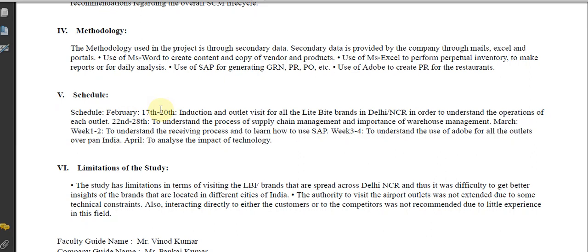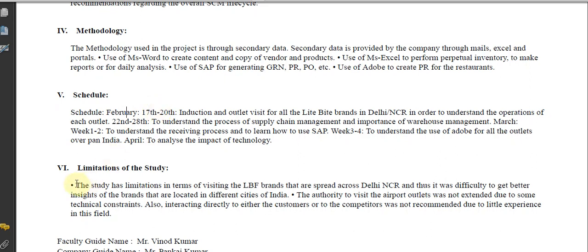What are you going to do in the month of February? Because in our case it starts in the month of February and goes till May. So that is how, the intern has spoken about the schedule for February month and March month and April month and May month, half of the May month. So that is how, you need to mention about your schedule here.